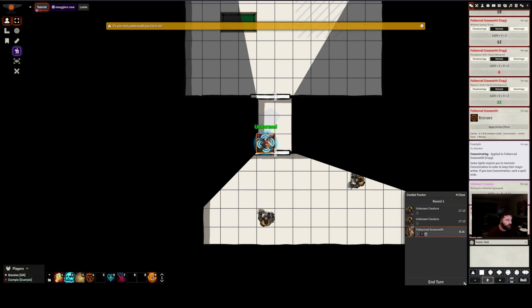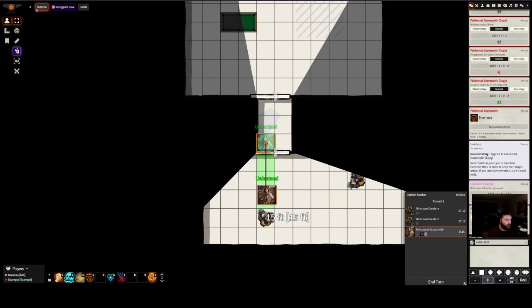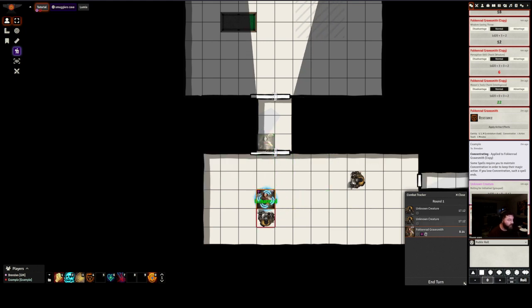So let's say it's our turn, and let's say we want to go attack this orc. To do that, we can use our movement. We can see that we can't move forever. We have a limited movement speed, but we can certainly get in range of this orc. And then we want to target it again by just highlighting over it with your mouse and hitting T to target it. This will both show it in the combat tracker here,